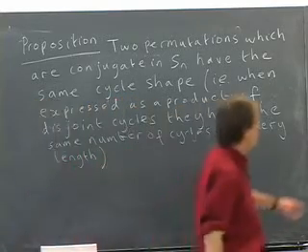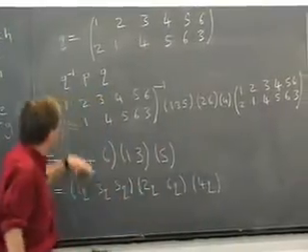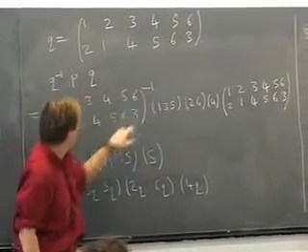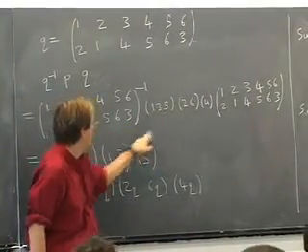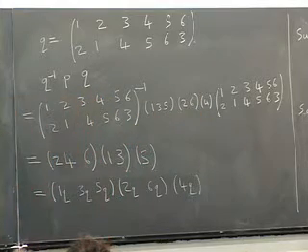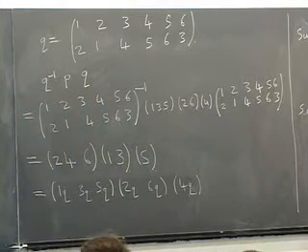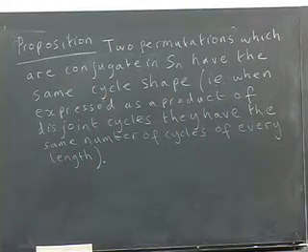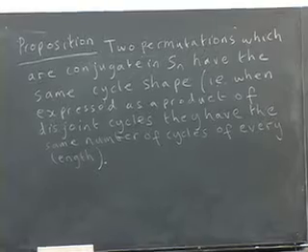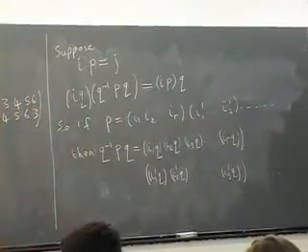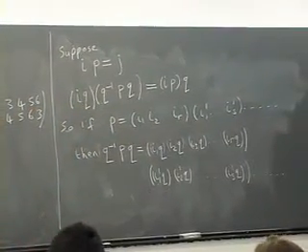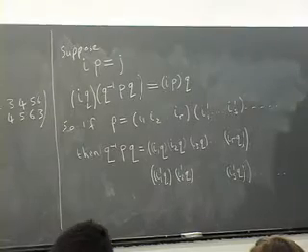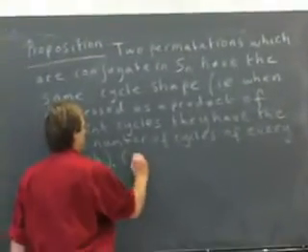So this and this have the same cycle shape. They have one cycle of length 3, one cycle of length 2, and one cycle of length 1. Okay, and that's now obvious from this calculation. I mean, we've taken the cycle shape for P and we've obtained the same one for Q inverse PQ. And the converse is also true. So conversely,